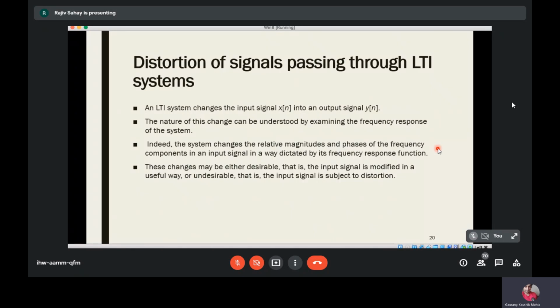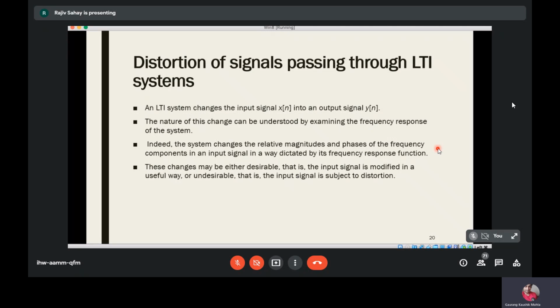So we were talking about distortion-free LTI systems or channels, and what happens when signals pass through LTI systems which are not distortion-free. What do we mean by a distortion-free channel or LTI system, and how can distortion happen? This is one of the most important parts of this chapter. The other important parts will come later. Everyone in this class should definitely understand after today what a distortion-free channel, LTI system, or distortion-free filter is. This is the most important part of the course.